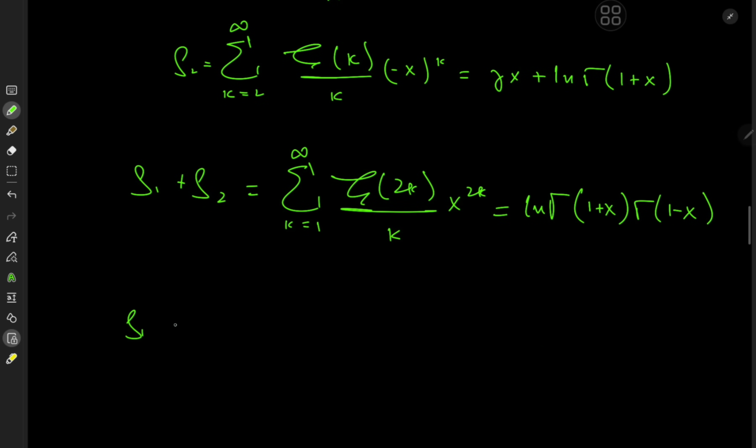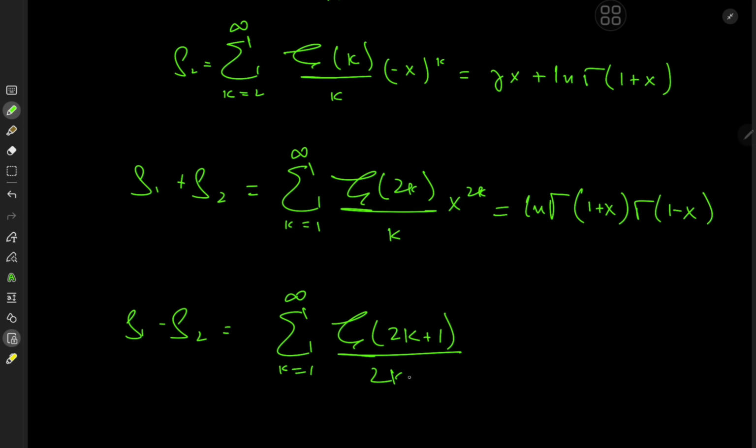For that, all we need is s sub 1 minus s sub 2. Now notice for that case that the even terms would cancel out. So what we would have is the sum over k from, again, 1 to infinity, right? Because now we have a sum, and the first index should be 3. Yeah, 2k plus 1 for k equals 1 is 3. Perfect, absolutely perfect. So this thing equals zeta 2k plus 1, terribly sorry about that once again, over 2k plus